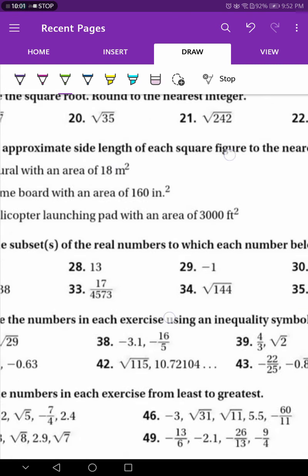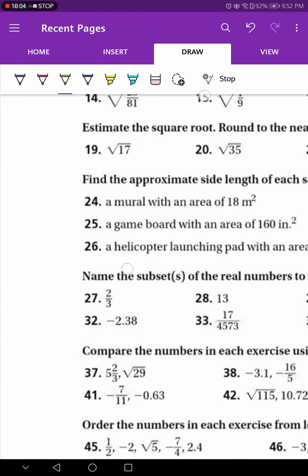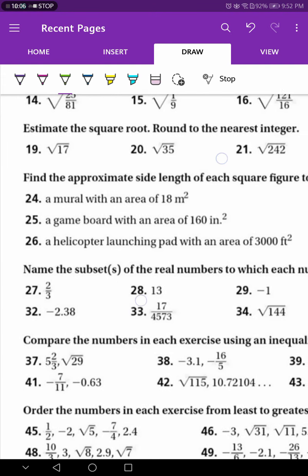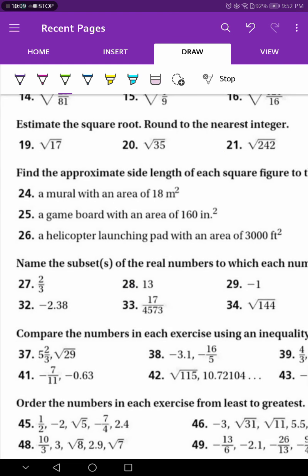Okay, now what about estimation? Estimation is another story. Here if we have a perfect square number, it is easy, but here it is different. I have a non-perfect square. So how can I estimate it? I have to find two perfect squares, one before and one after. The 17 here, the perfect square that comes before 17 is